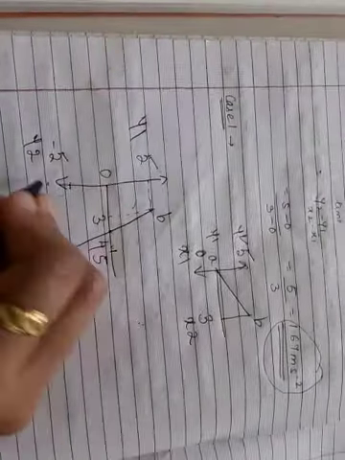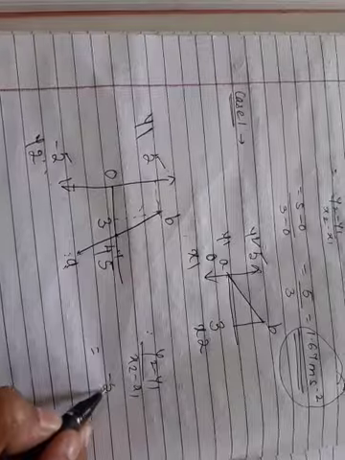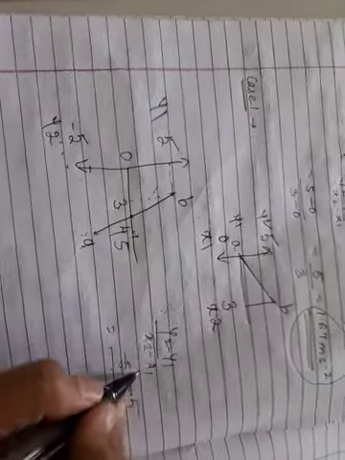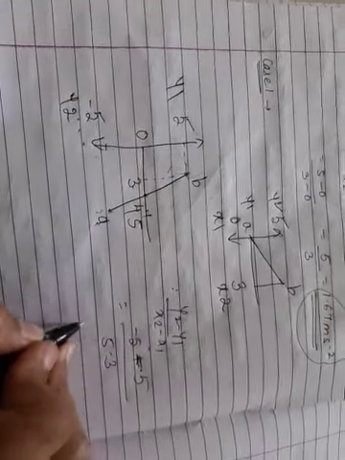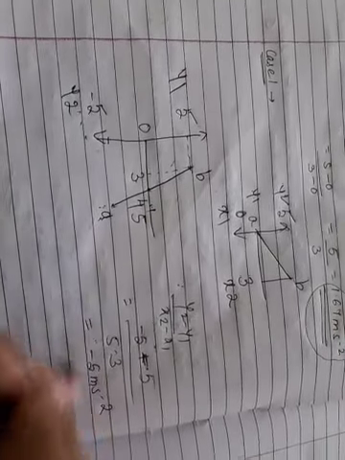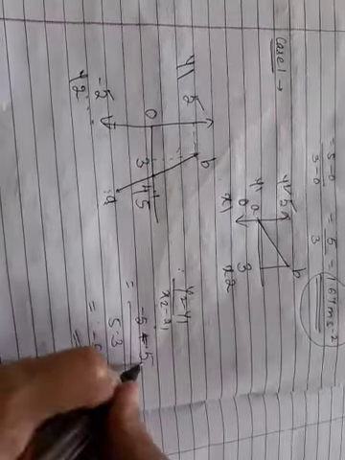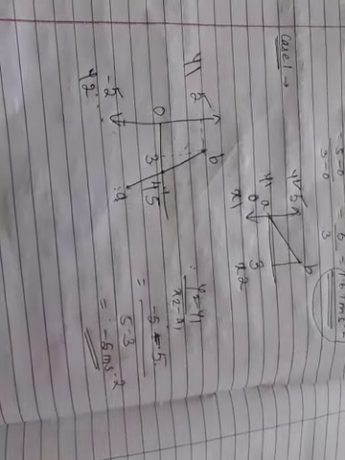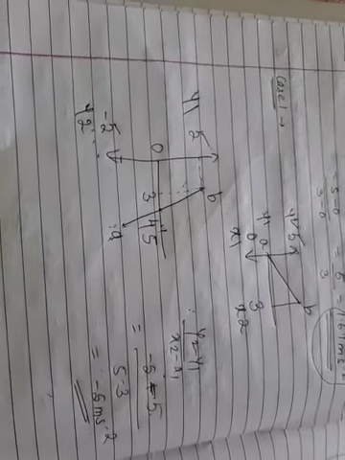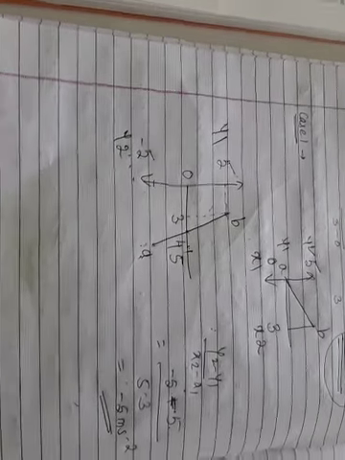So x2 and x1. So what will be the slope here? We can say y2 minus y1 upon x2 minus x1, which is nothing but minus 5 minus of minus 5 upon x2 minus x1, which is 5 minus 3. So we get the answer as minus 5 meter per second square, which is the acceleration. How did we get this? Minus of minus 5 will be minus 10, minus 10 upon 2, which is minus 5. So this gives us the answer for slope BD, which is minus 5.